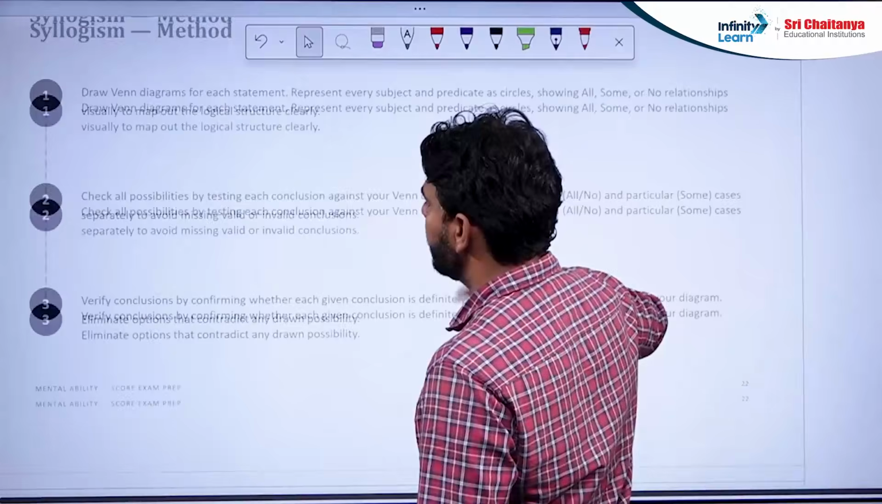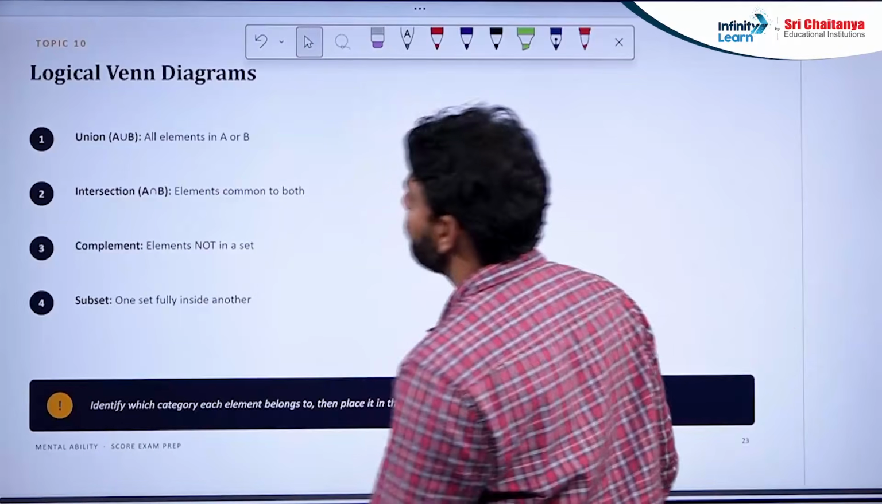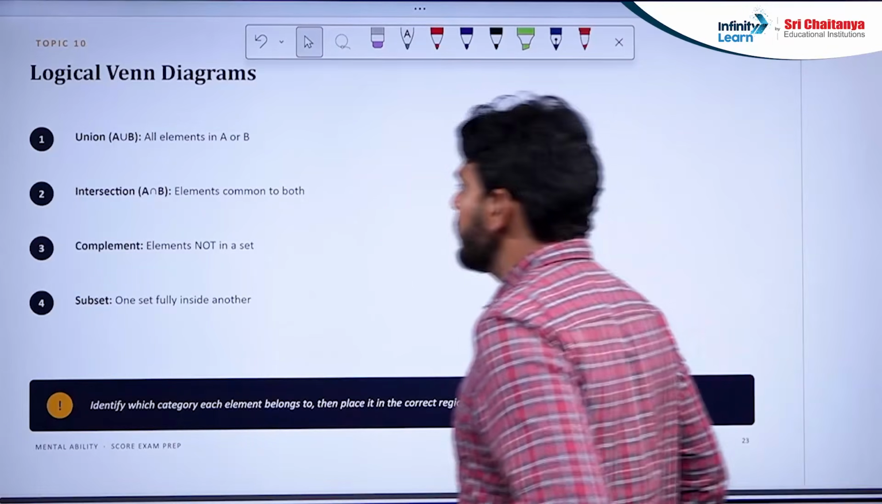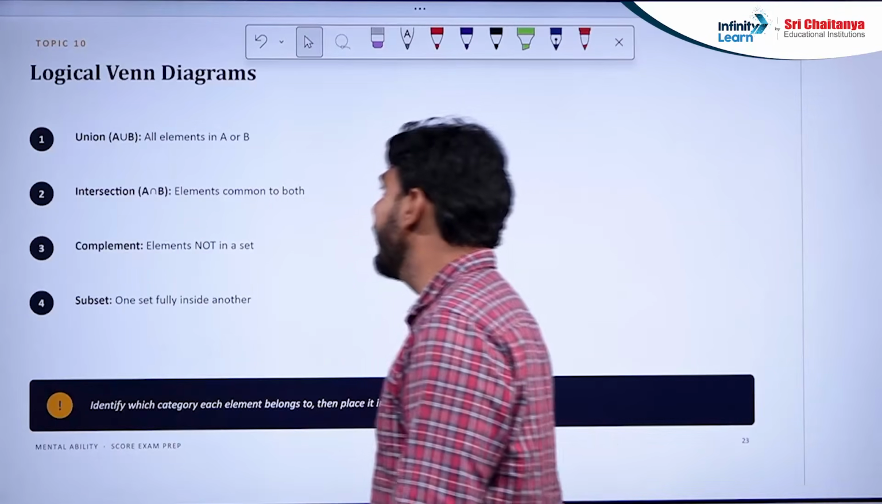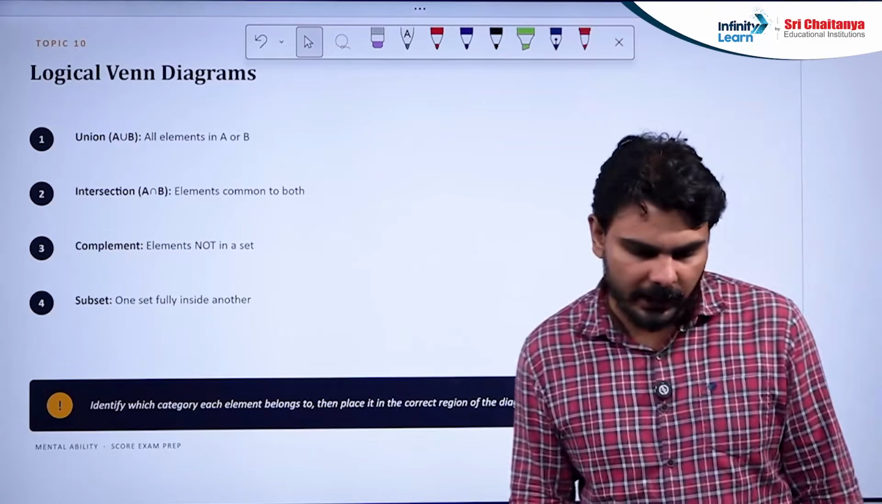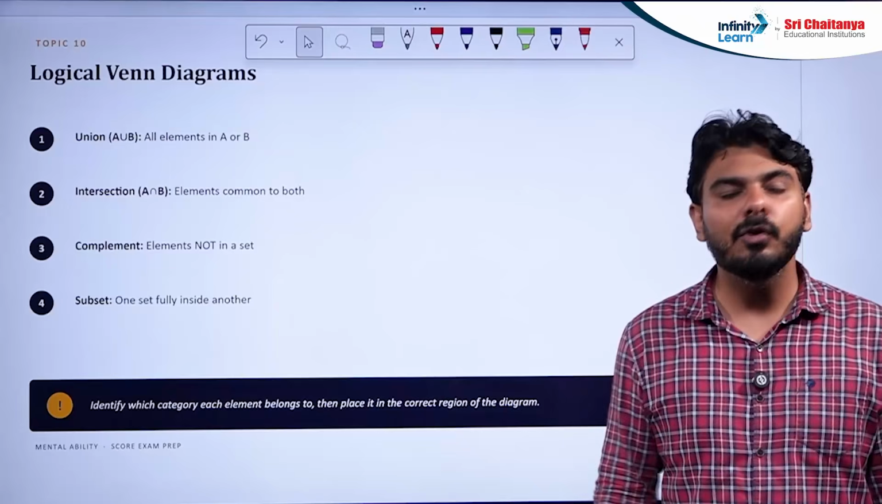So next chapter will be about Venn diagrams. Okay. So Venn diagrams, here we are talking about union, intersection, complement, subset. Okay. So if I tell you about logical Venn diagrams, mostly students found it very exciting, because whenever I go in